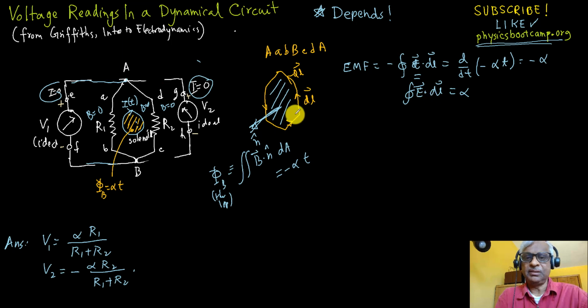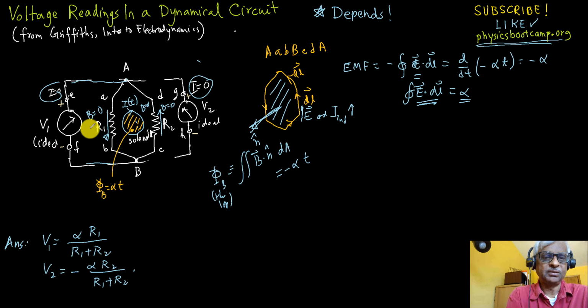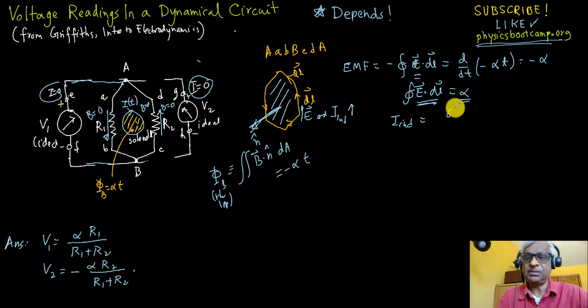So the current is in the same direction as this, because this is positive, this is positive, so this is positive. So that just means the current is all that way, and the current induced is that way in this circuit. Okay, so now we know the current is going this way here, and the current is going this way here. And the current amount, how much is the current induced, is going to be how much EMF is